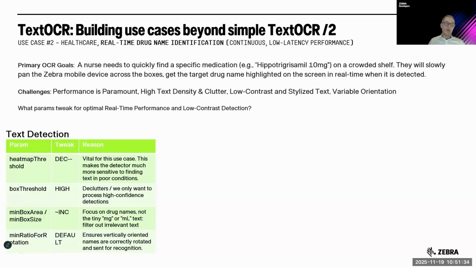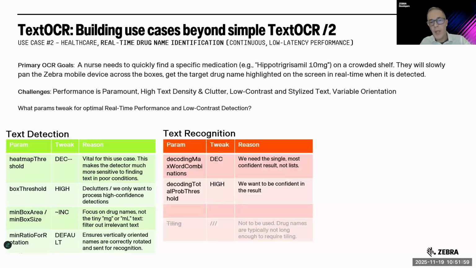And the spatial parameters, the min box and min ratio, are slightly increased or kept default, because, for instance, you want the small letters like MG or ML that are often found in medication boxes to be filtered out because they are irrelevant for the search. For the text recognition parameters,